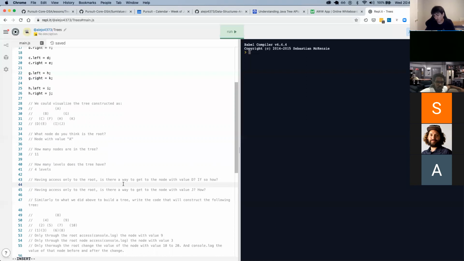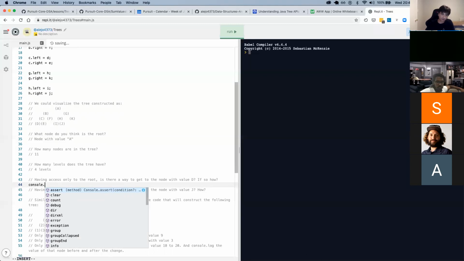Actually, hold on, before we do that, I realized that I had this mental picture that made it difficult for me to understand trees, and that was what happens when I console log A, which goes back to Joanne's question.